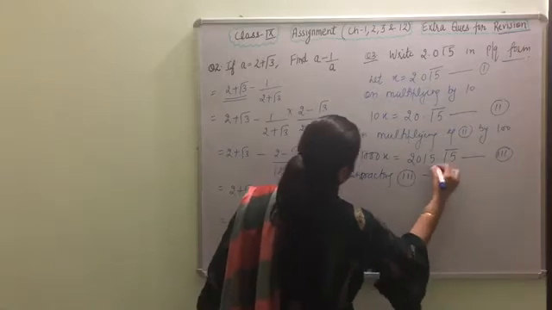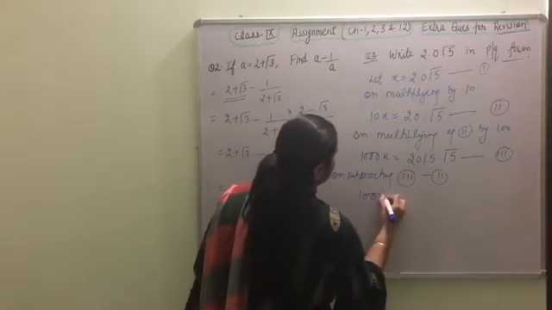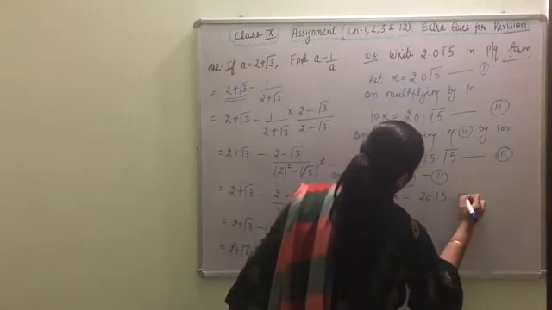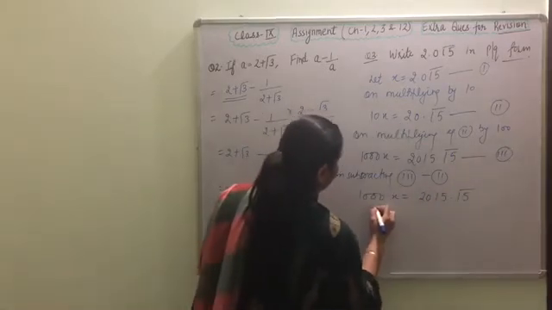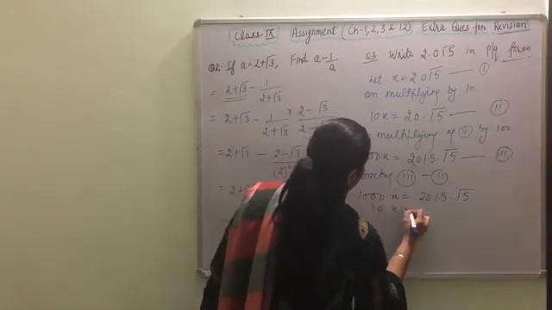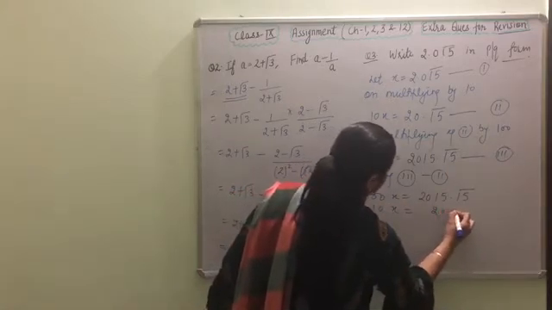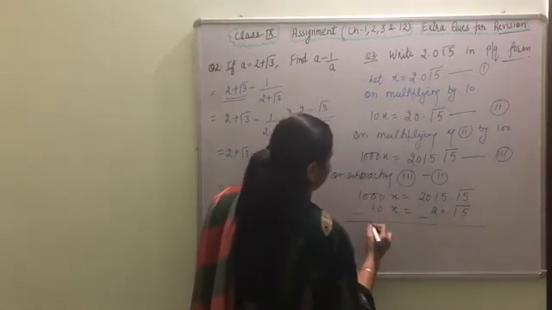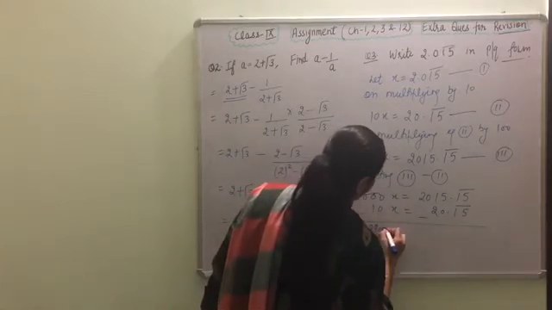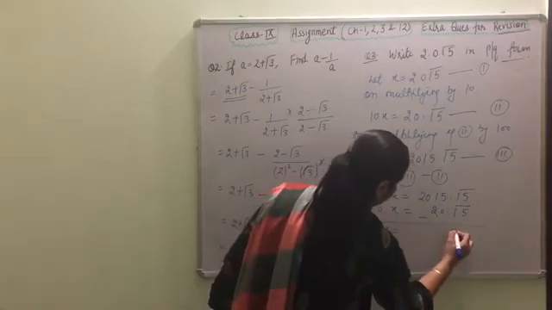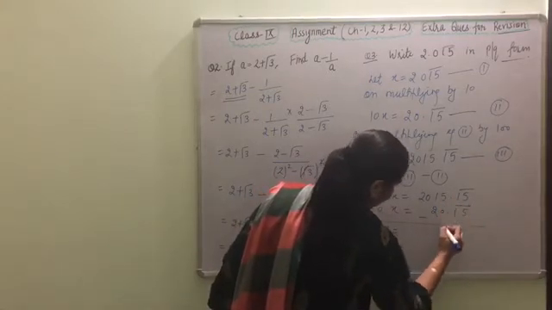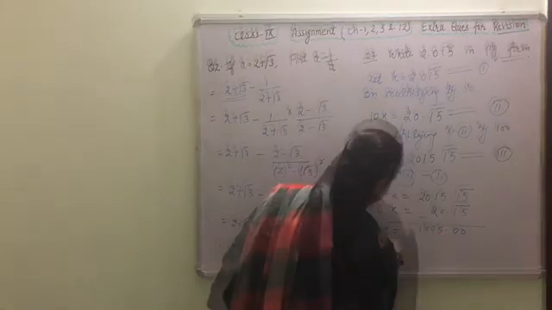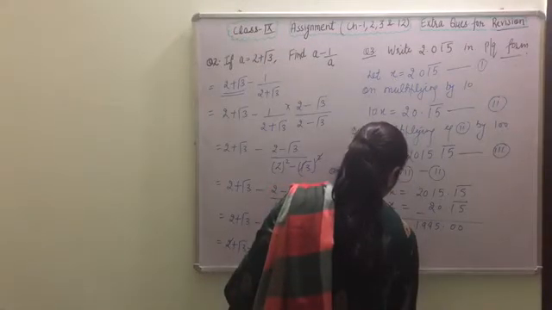third minus second: equation 3 is 1000x equals 2015.15 bar, and 10x equals 20.15 bar. We are subtracting. 990x is equal to 1995. So x is equal to